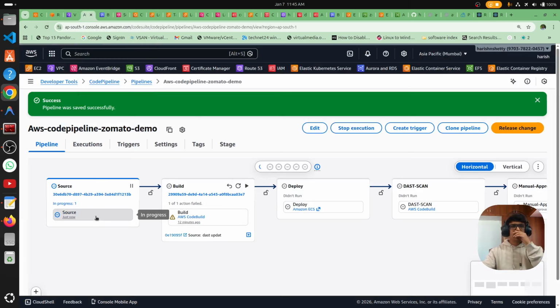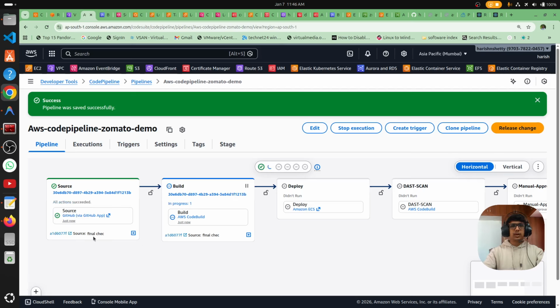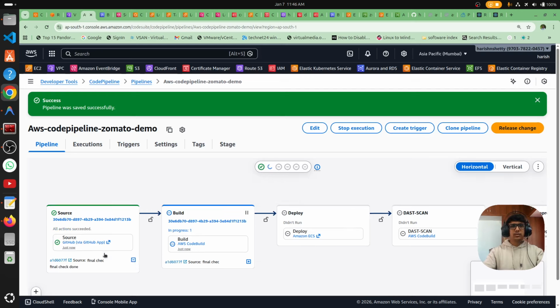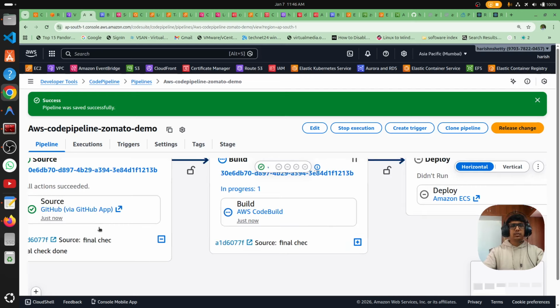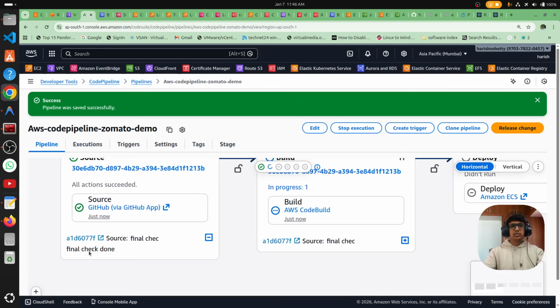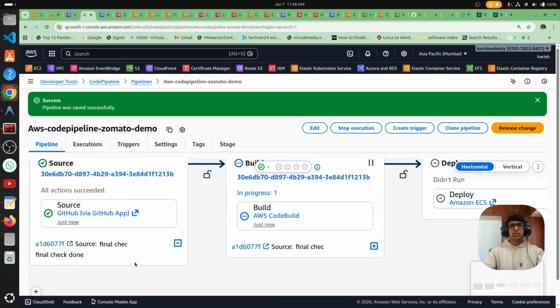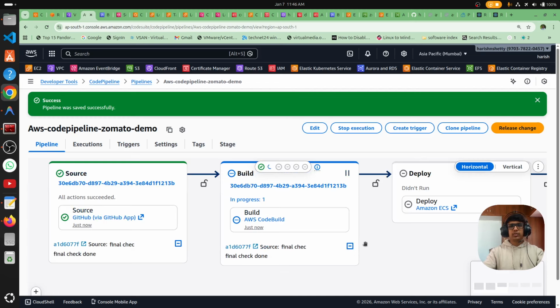Yeah, it is triggered and is going to show up the commit message down. Yeah, you can see up here, final check done. So this is the commit message, so it is going to perform the action,